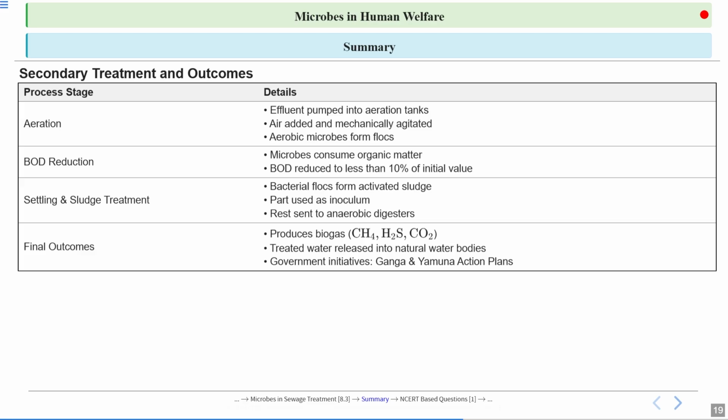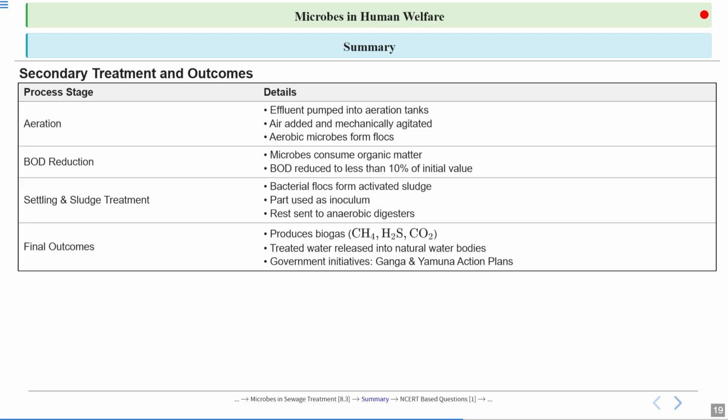Then there is a further BOD reduction because microorganisms consume the organic matter, and the BOD reduces to less than 10% of the initial value. Then come the settling and the sludge treatment. Now bacteria flocks from the activated sludge. Some of this activated sludge is again introduced into the aeration tank. This acts as an inoculum for starting the process all over again,